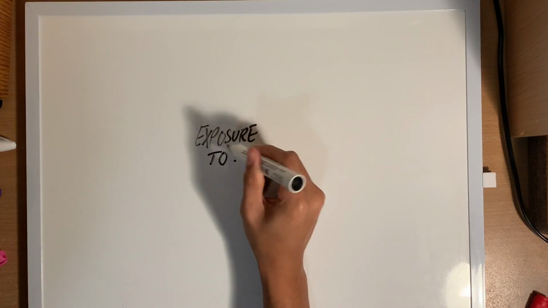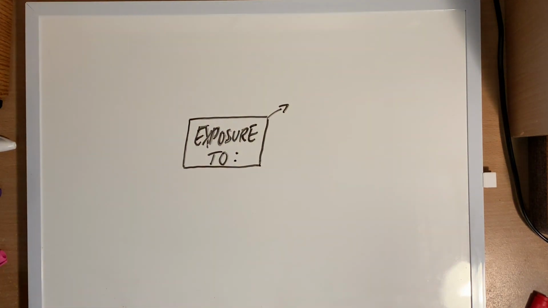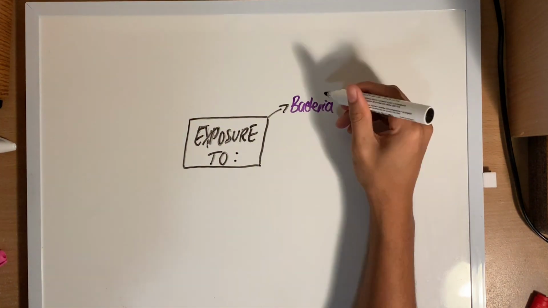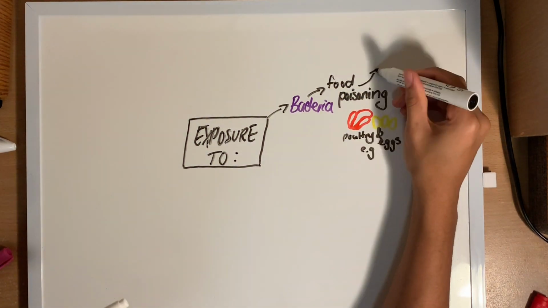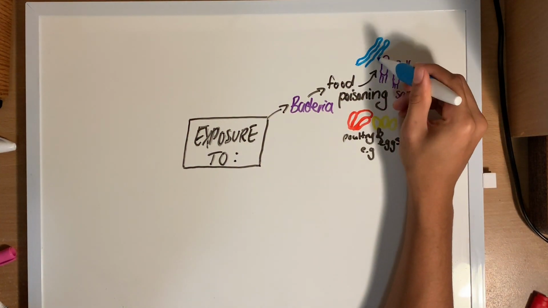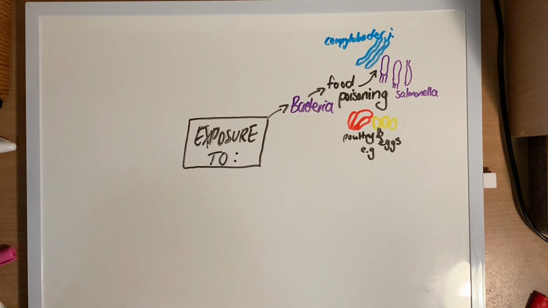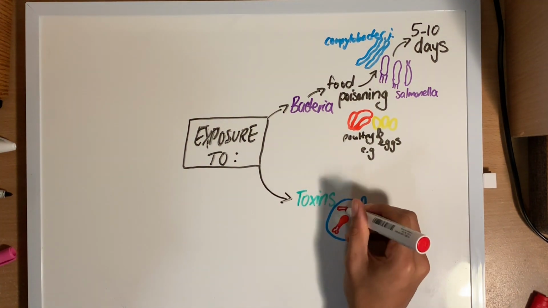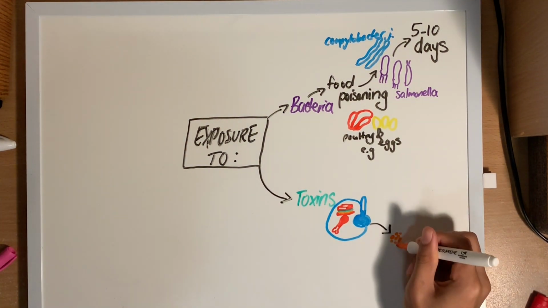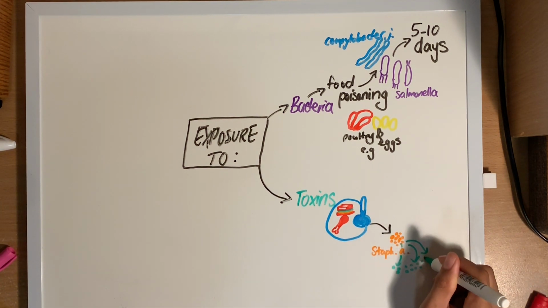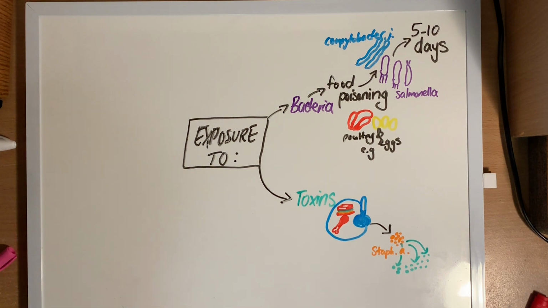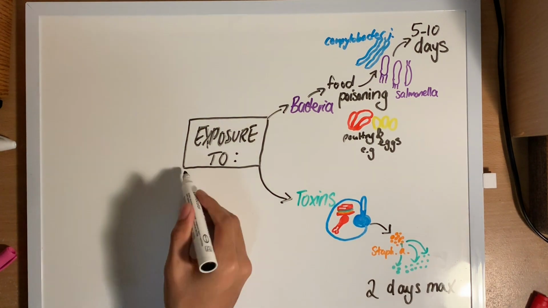Gastroenteritis is contracted differently depending on what you're exposed to, resulting in slightly different symptoms and signs. Food poisoning after eating poultry products or eggs is usually due to Salmonella and Campylobacter jejuni, which causes gastro symptoms of diarrhea, fever, and vomiting for 5 to 10 days. Whereas after eating improperly refrigerated foods, present Staphylococcus aureus species can release toxins that cause gastro, resulting in sudden nausea, vomiting, and diarrhea for a maximum of 2 days.